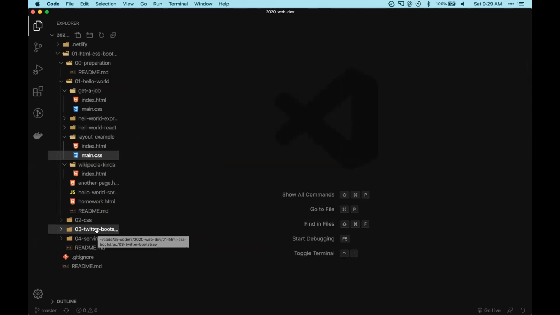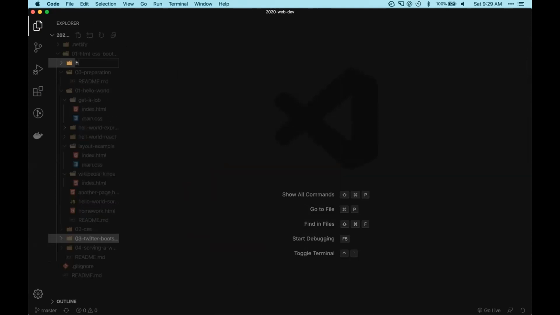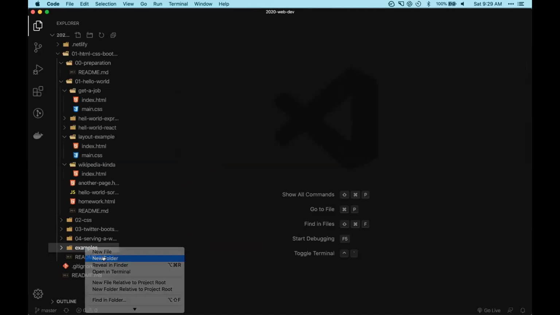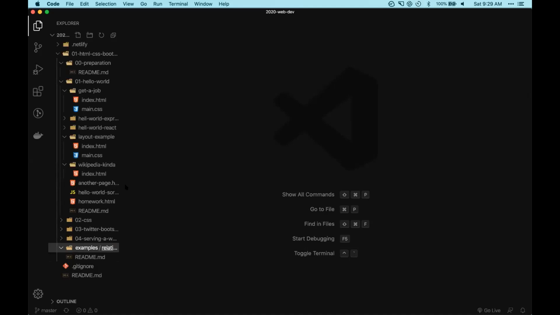I'll make a new folder here, which is just examples. And then I'm going to create a new file in here, let's do relative positioning. It's going to be a little bit more than relative positioning, but